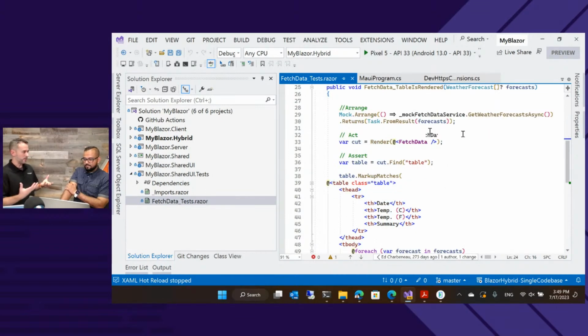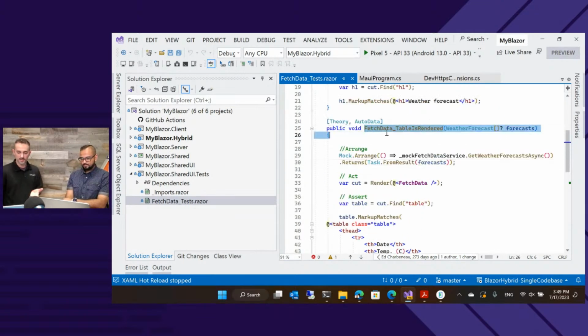My fetch data component has a table of data that it's bound to. So first thing is I'm using Telerik JustMock. And I'm going to say for the fetch data service, when I call GetWeatherForecastAsync, I'm going to create a task, and I'm going to use this array of forecasts. Where does the array of forecasts come from? If we look up at our test method, as a parameter, that is an array of weather forecasts.